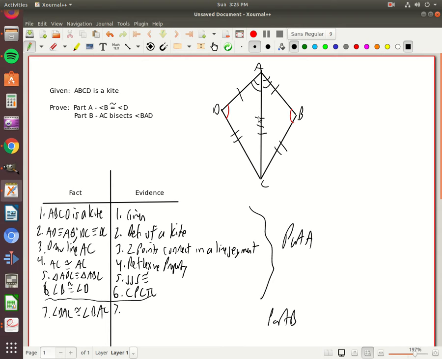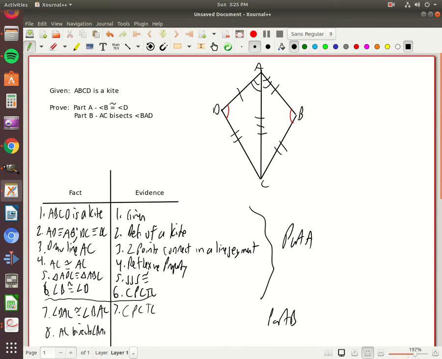So I've proven all the sides are the same, but I haven't proven the angles are the same. But because the corresponding parts of congruent triangles are congruent. And then, hey, look, these halves got cut in half, so now I can finish by saying AC bisects angle